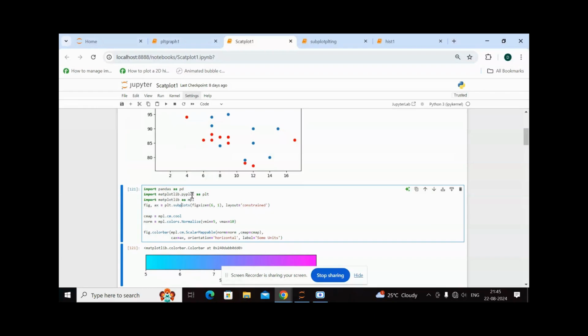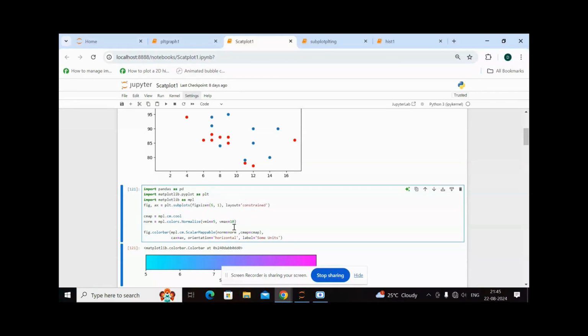Next, I have used a pyplot method and I have used mpl. Figure is to represent the figure in the format we want the graph, and axis to show the axis of the graph, plot subplots. Here I am taking graphs in subplots, meaning I will be taking two or three plots in a particular axis. So figure size should be 6, 1. It shows the vertical and horizontal format of the graph.